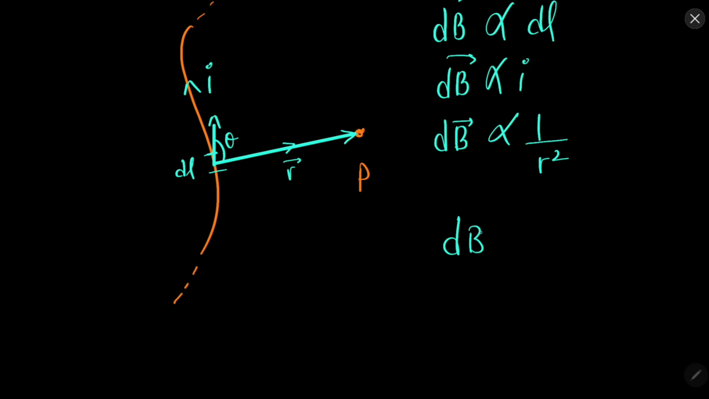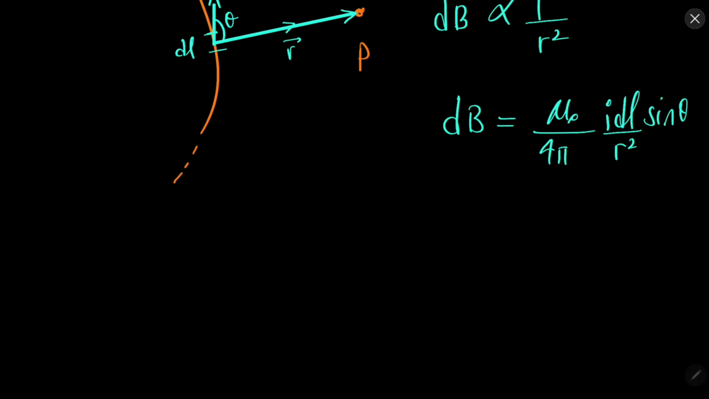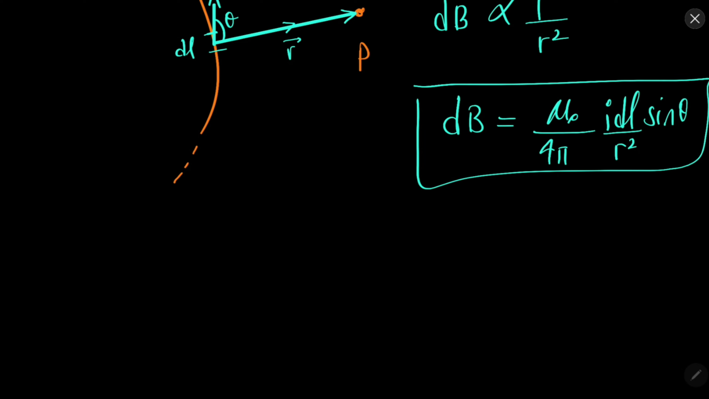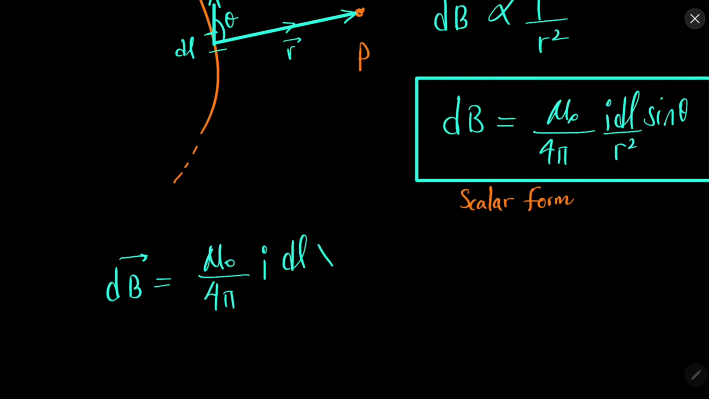So ultimately when we put it all together, we obtain a constant mu naught over 4 pi, I dl sin theta over r square. This can be put in another manner in vector form. This is the scalar form, in which direction is not present, so this is the scalar form of the magnetic field. Now the vector form can be represented like mu naught over 4 pi, and current is there, I dl